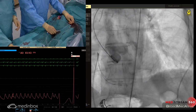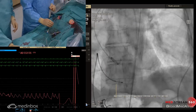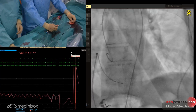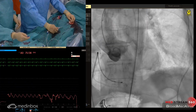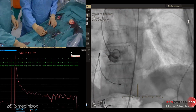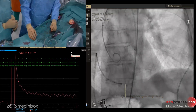As you can see, we are doing now the angiography to check the view. As you can see, we cannot view now the right coronary sinus. Maybe we have to do another injection more proximally because sometimes, as you know, it is difficult. Okay, here you can see it. This is a frequent situation, so before repeating angiographies, usually it is better to do another angiography more proximal to completely fill the